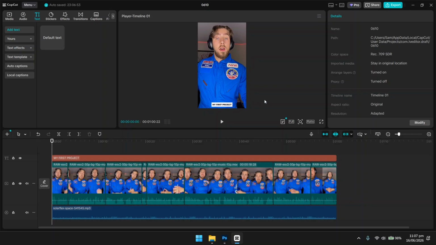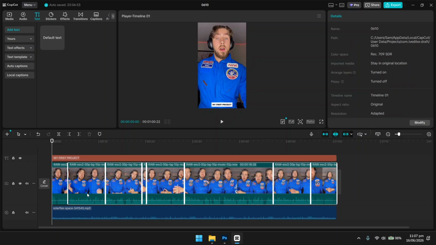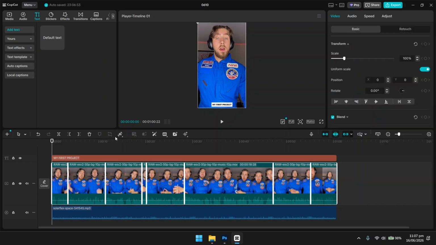So this is the first step to add in a text, or this is the method of adding text inside of CapCut. Now, what if you want to add subtitles to your video? To do that, you first select the clip you want CapCut to generate the subtitles from, and then you go to this option here that says captions,